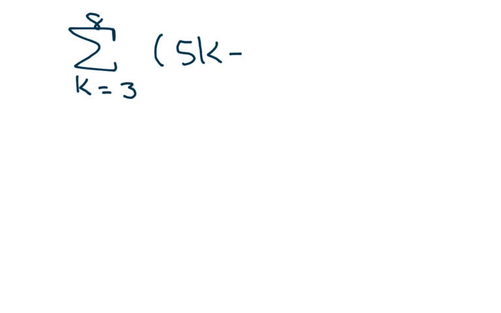We want to find the sum where k equals 3, and we're going to 8, and my formula is 5k minus 10. Okay, now if you want to use this formula here, which makes it easier,